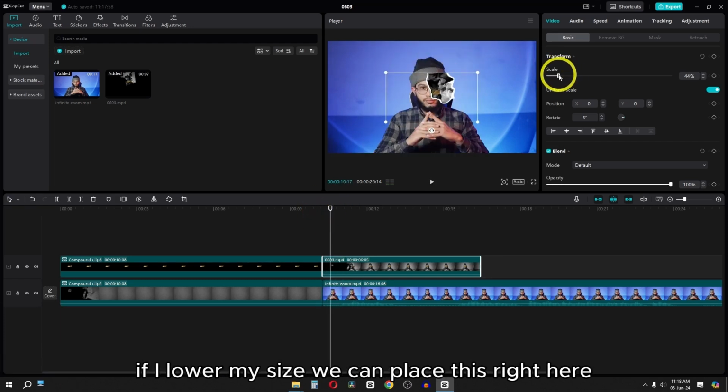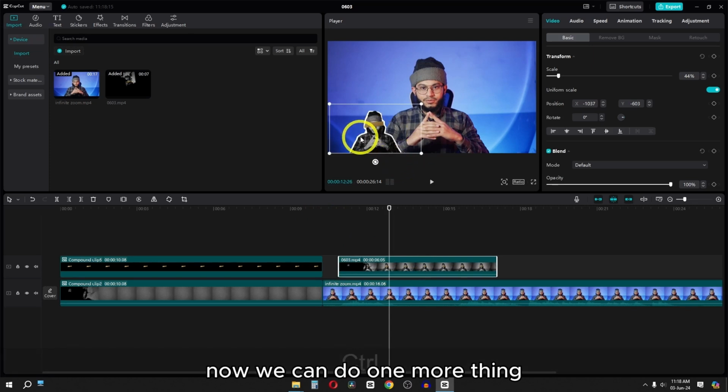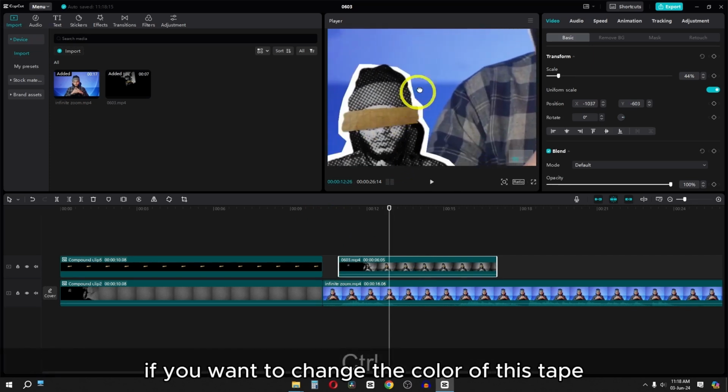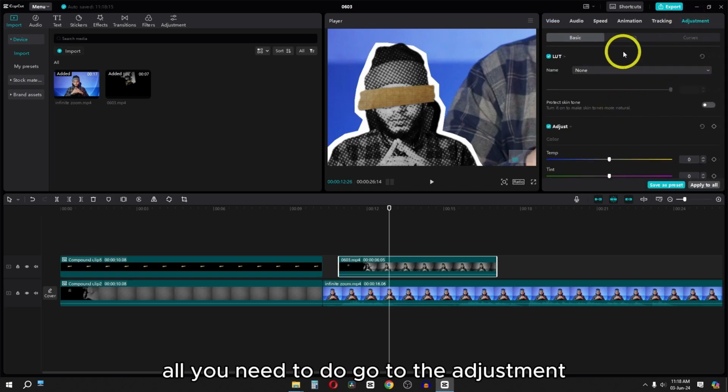If I lower my size, we can place this right here. You can check we have this effect. Now we can do one more thing. If you want to change the color of this tape, all you need to do is go to the adjustment, go